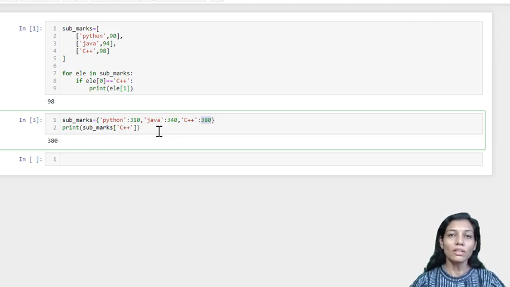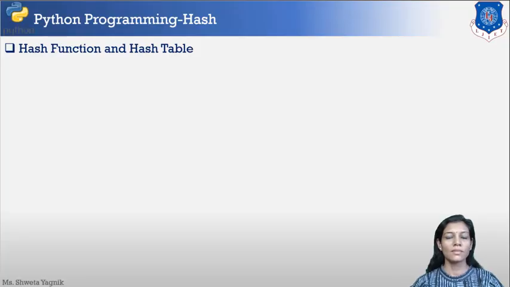If I say it in reverse, the dictionary implements a hash table at the backend. So that is the data structure being used in order to implement the dictionary. Now as we know, the hash table is the underlying data structure of a dictionary, so we need to see what is a hash table and how to implement the hashing function.